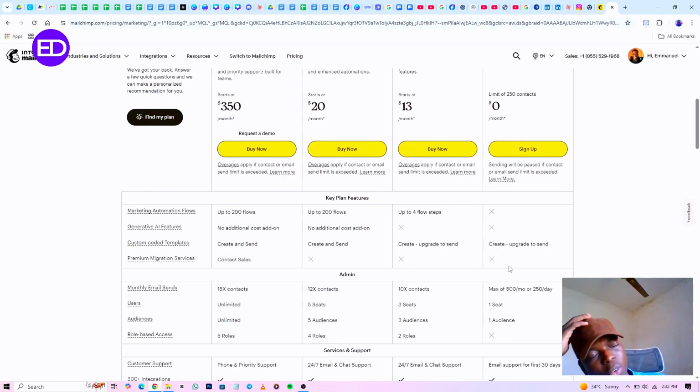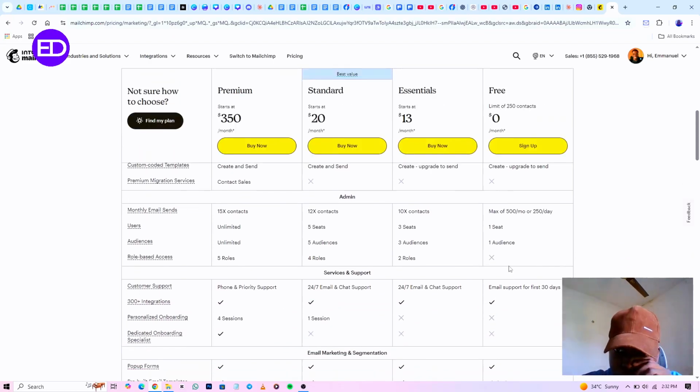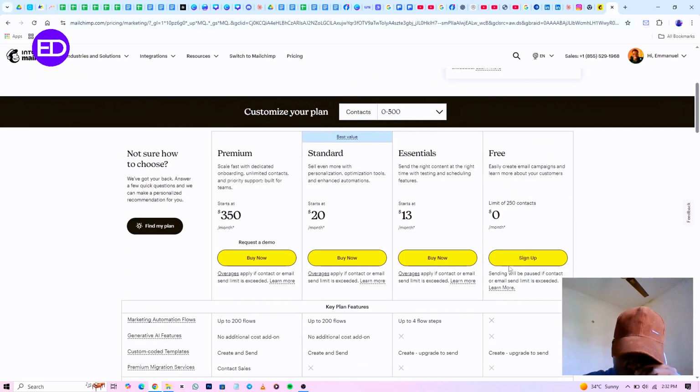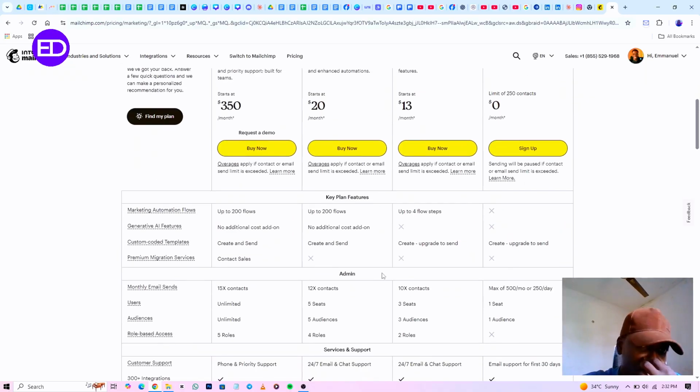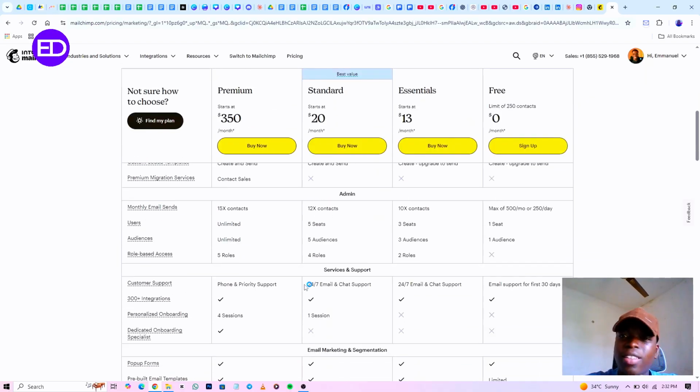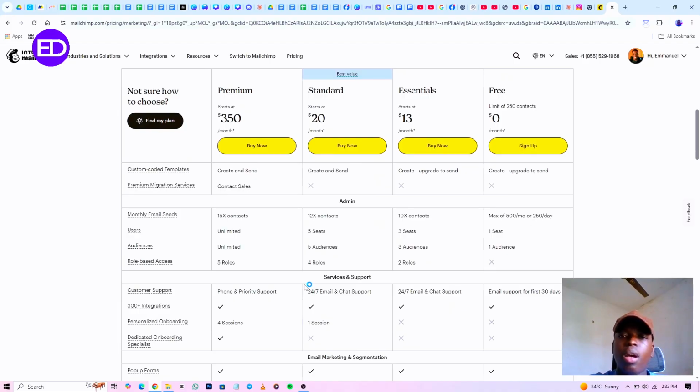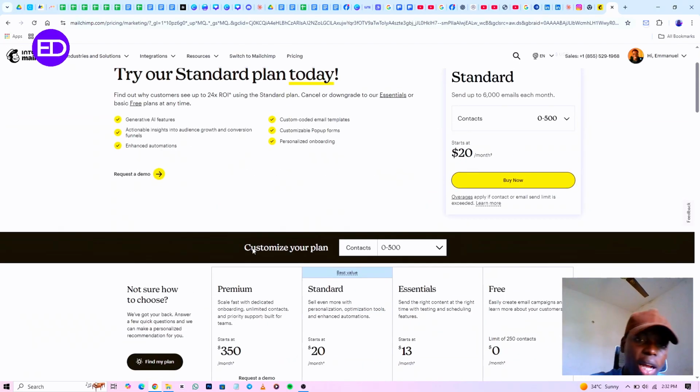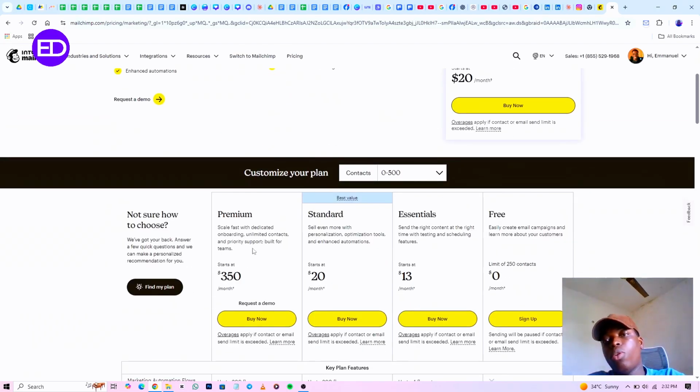So just imagine you have 1,000 emails. In fact, I think you cannot put more than 1,000 email list here, or sorry, more than 500 email list here because it's free. But once you have any of the other plans, you can send as many as possible. See, you can send 10 times your contacts, another is 15 times, and you have unlimited access to some things. But regardless, if you're starting small, and of course you want to make use of a free plan, it's here